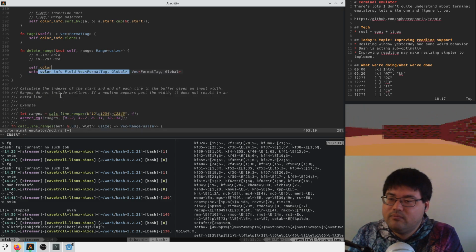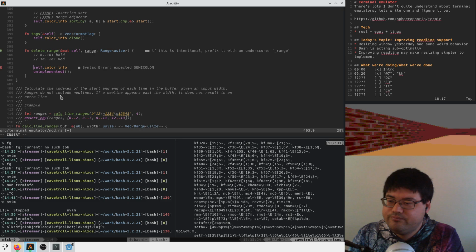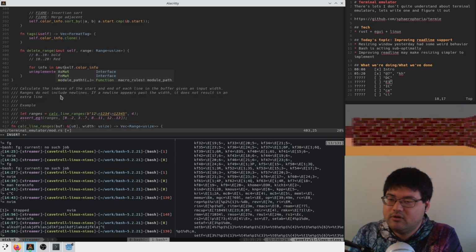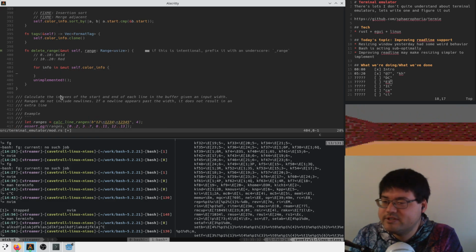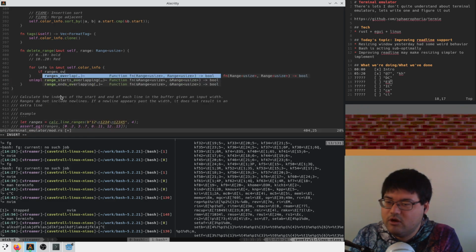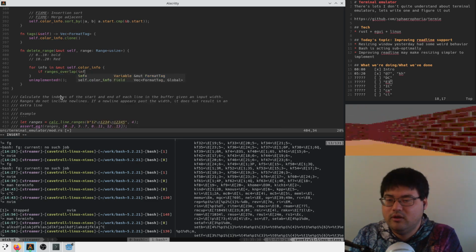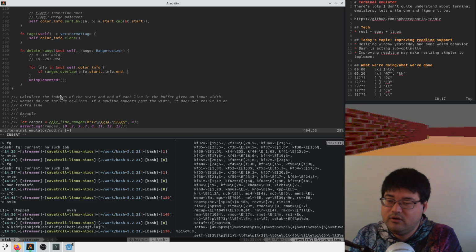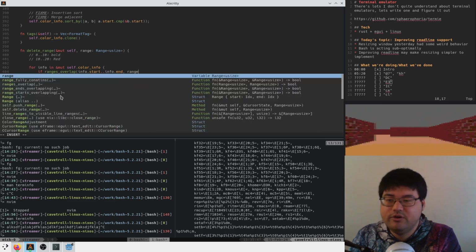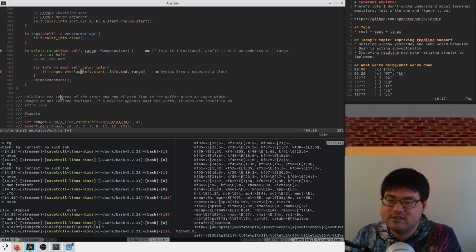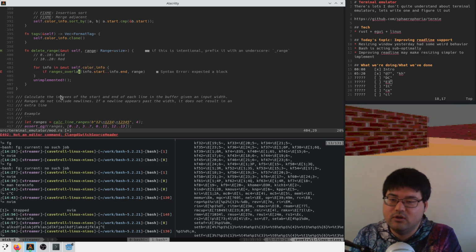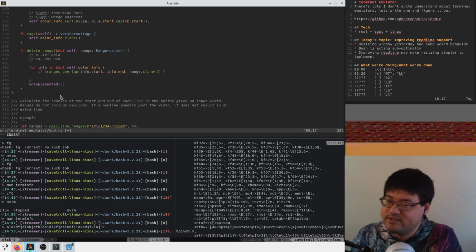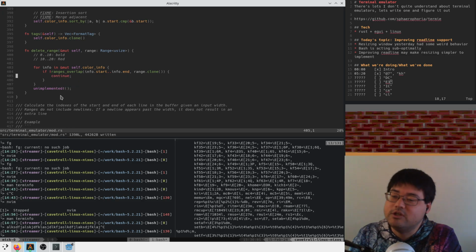Okay. So I'm going to iterate over my color infos, for info in mut color infos. And what am I going to do here? I'm going to say if ranges overlap, info.start, info.end, and my range. And does this take in a reference or what? It takes in range, so I have to clone this. If they don't overlap, I guess we skip. But if they do overlap,